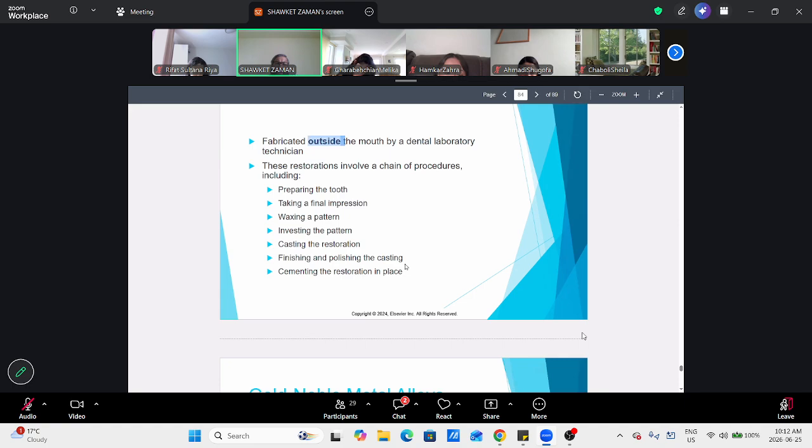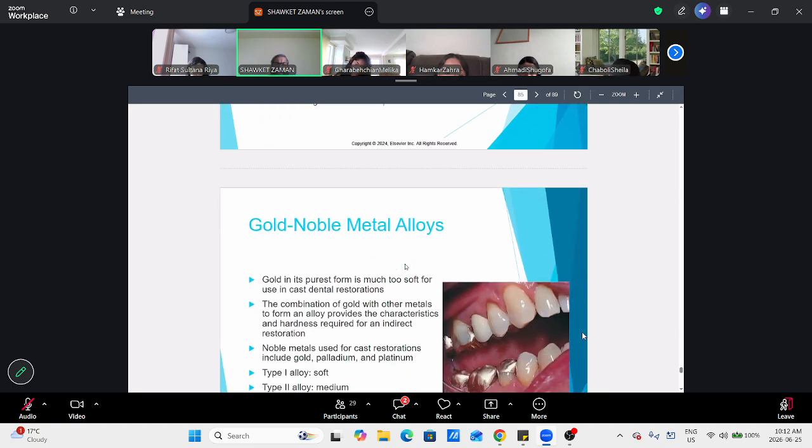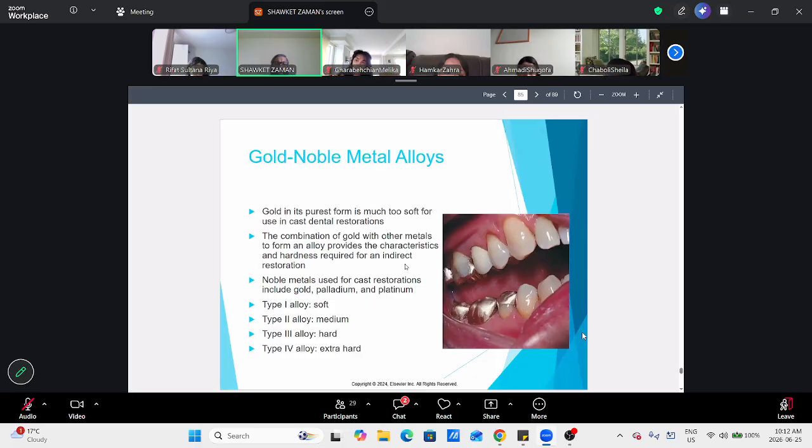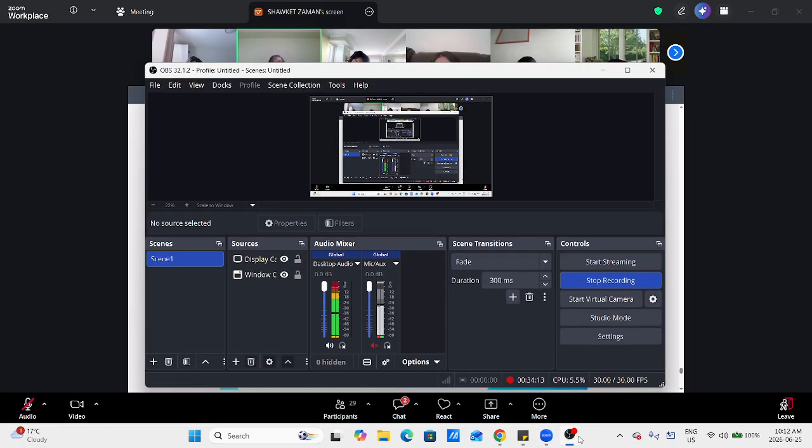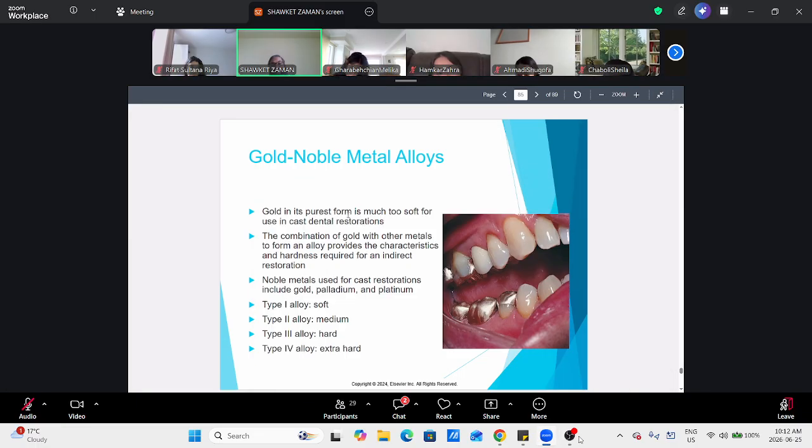Now, what are those indirect restorative materials? Gold is one of the very common materials we use. We call it gold, a noble metal alloy. When these metals are mixed together, we call it an alloy. You remember we talked about the mixing of metals. Gold in its purest form is much